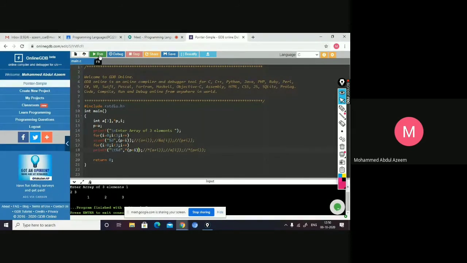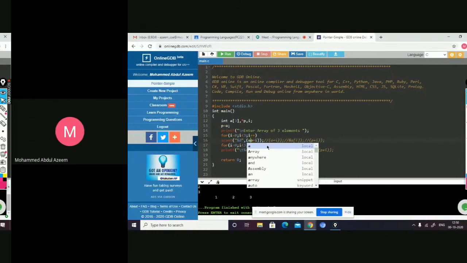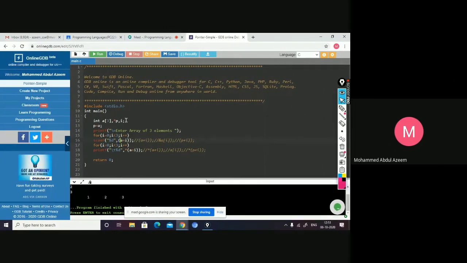Run the program again, and you're getting the same result: 1, 2, 3. I got the same result. I can change it with the array mechanism also. Instead of P, you can work with either of these mechanisms. Fine.